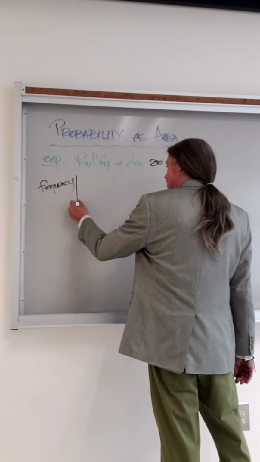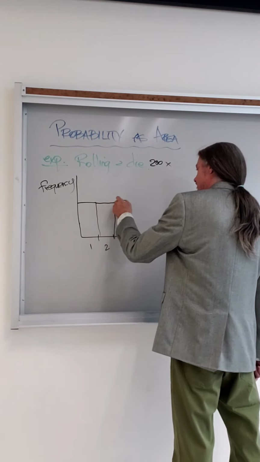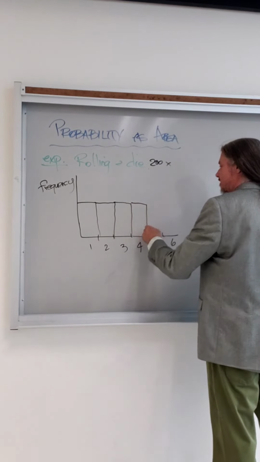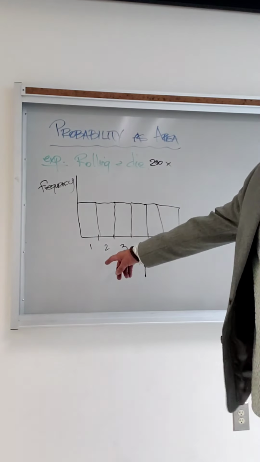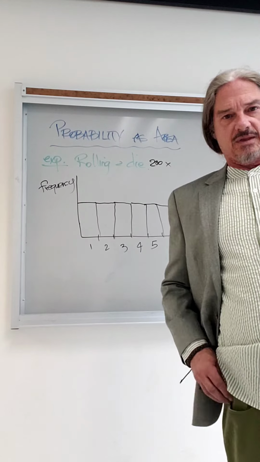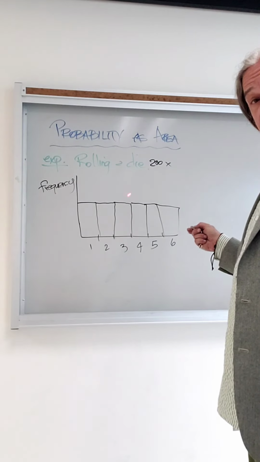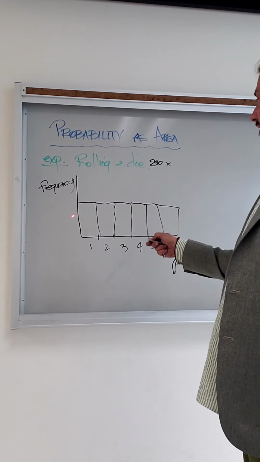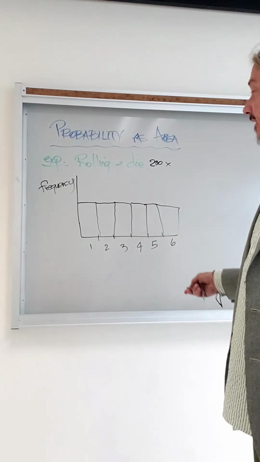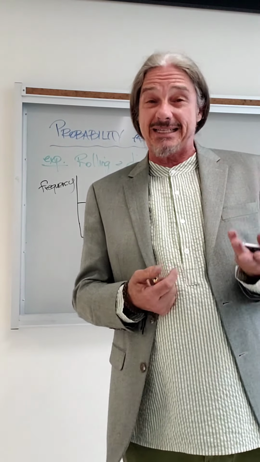The frequency of 1s would be about that many, which would be the same as the frequency of getting 2s, 3s, 4s, 5s, and 6s. That's sloppy. But you get the idea. All of those things are equally likely, and if we did it enough times, 200 times, most likely, it could be little exceptions, but most likely, each of them would occur the same number of times. So I don't know what number that would be. I guess 200 divided by 6, but the percentage